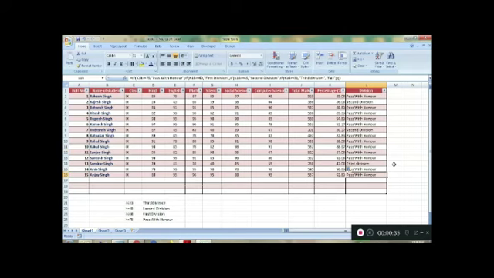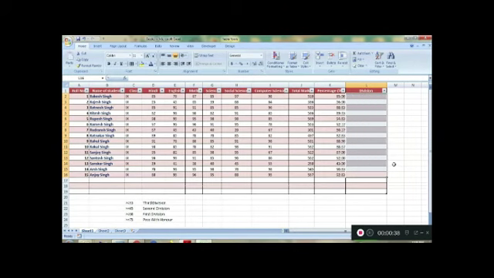Now I am going to tell you about another way to write this same formula. Suppose it's greater than or equal to 33 and less than 45%, so he will get the third division. And greater than or equal to 45% and less than or equal to 60%, so he gets the second division.